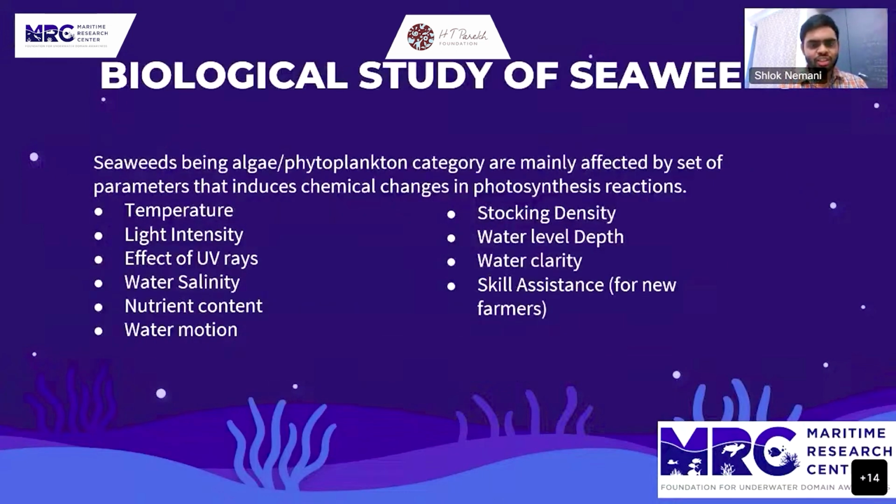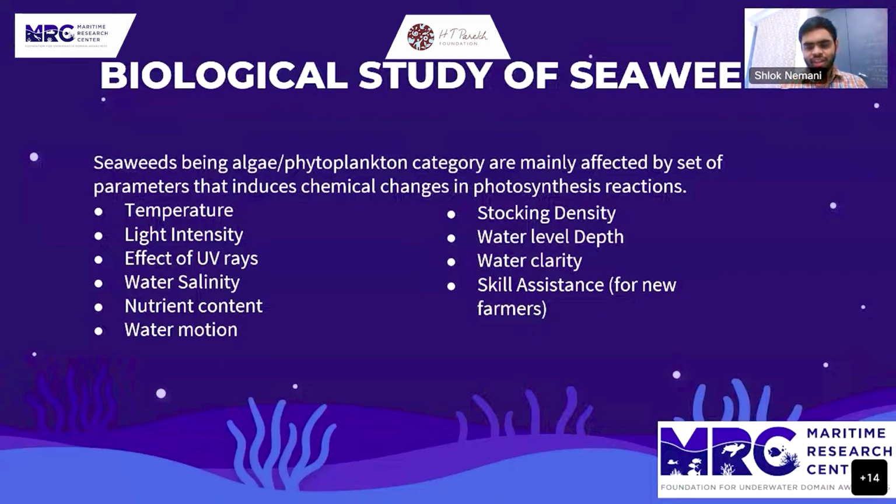So this is the biological study of seaweed. This is more of the literature part, the technical part. Seaweeds, related to phytoplankton, have parameters which affect the chemical processes happening inside them, and in turn the growth rate. These are somewhat like what we saw for plants. The thing is, since seaweeds are grown underwater, they extract the nutrient content from the water. So we will be looking at some of the factors like salinity of water, the nutrient content in the water, the motion of water, and the skill assistance, which is a very qualitative term,